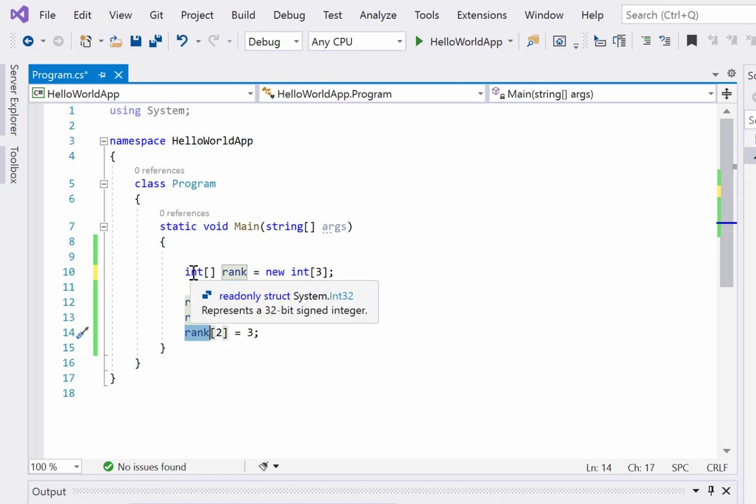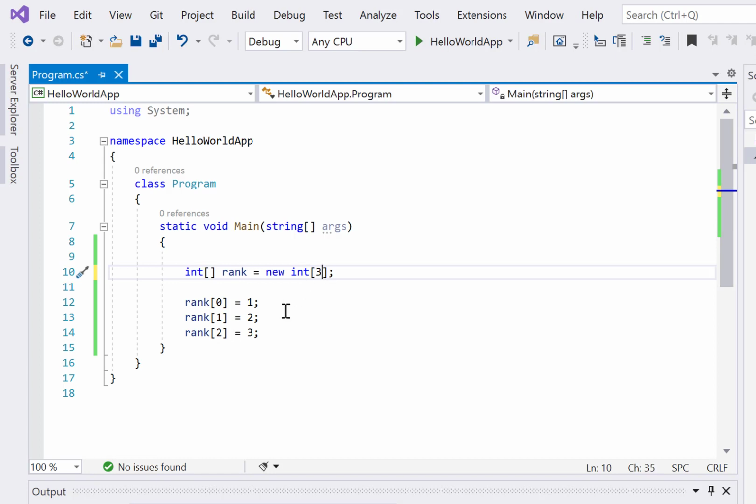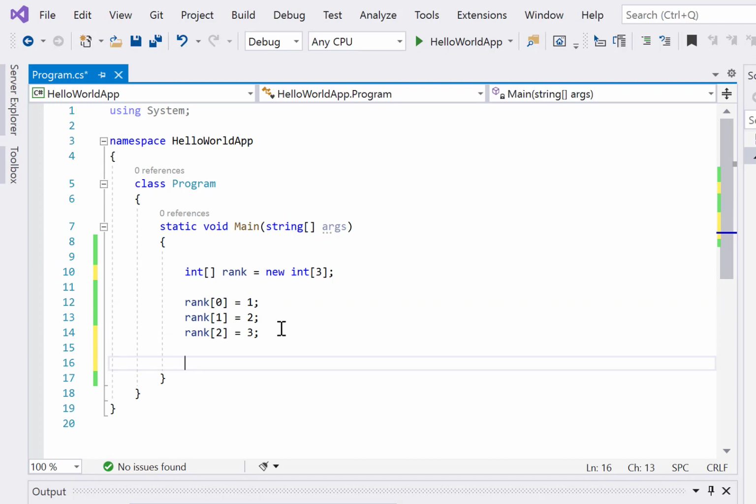So what we have learned till now is how we declare and define the array. This is where we tell what the size of the array is. This is how we access array values, like rank 0, which means I want to put the first value. Here the 1 means I want to put the second value, and here I'm assigning the value, right? That is how we initialize the values in this rank as well.